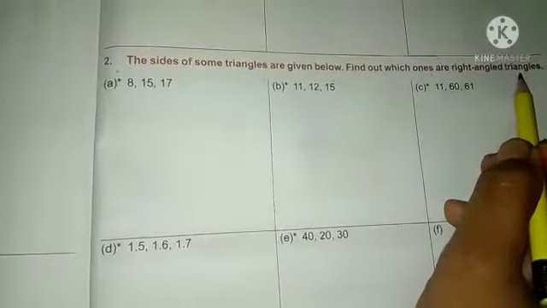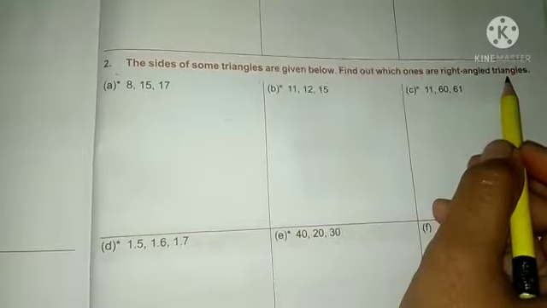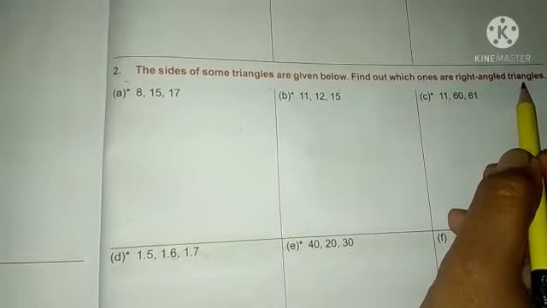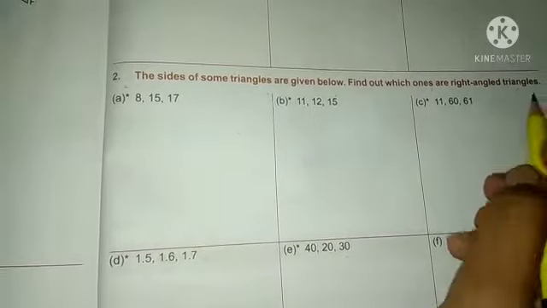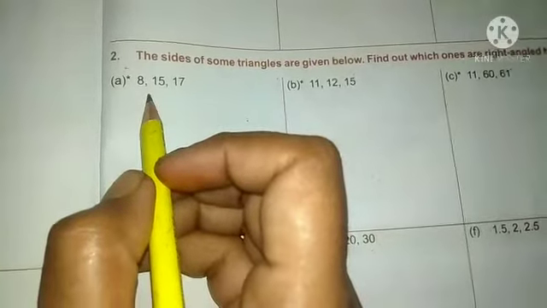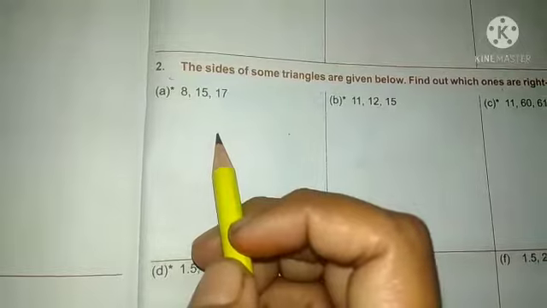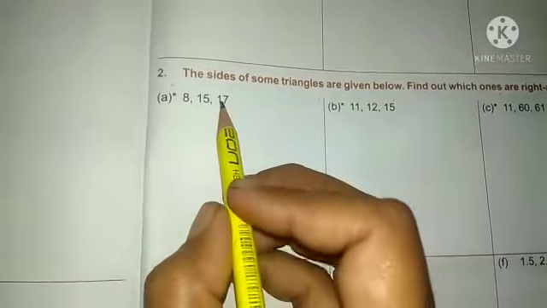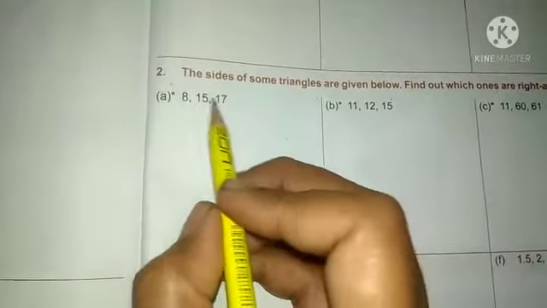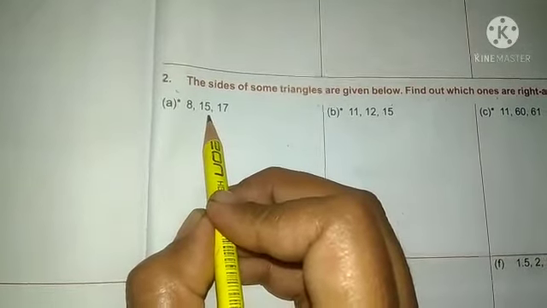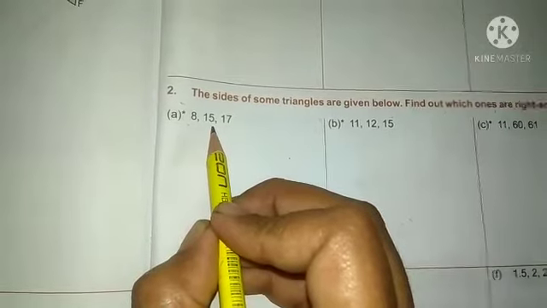Now students, what you have to do over here, the sides of your triangle are given. You have to find out whether the given sides form a right angled triangle or not. Clear? So see how you are going to find this out. We have to do it the same way we did for Pythagorean triplets. Here also we will take the bigger number as our hypotenuse, the smaller number as our base, and the remaining number we will take as our height. Clear? So see how you will do.